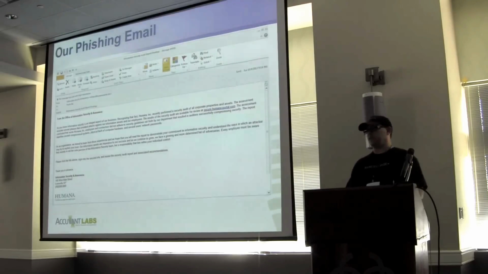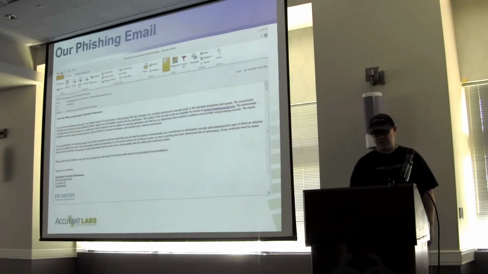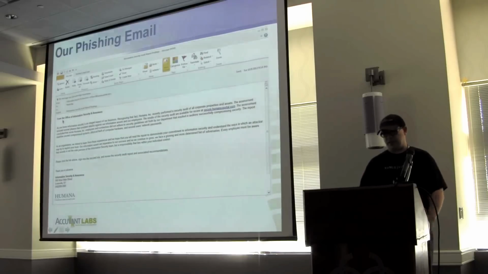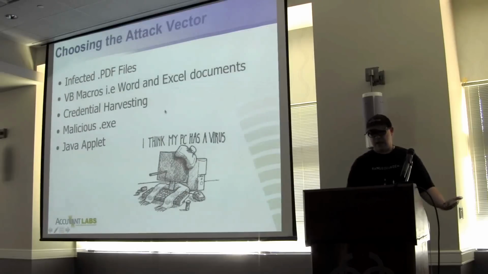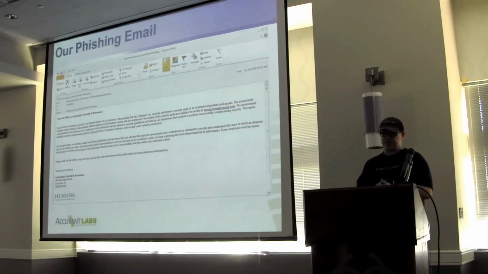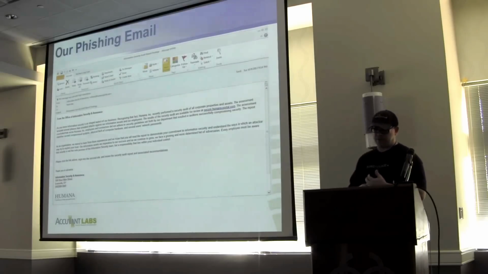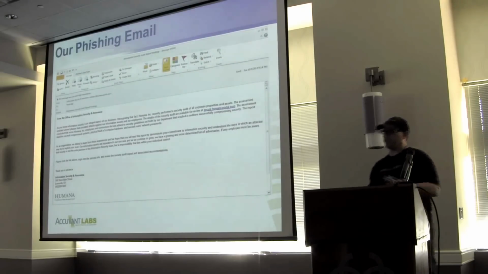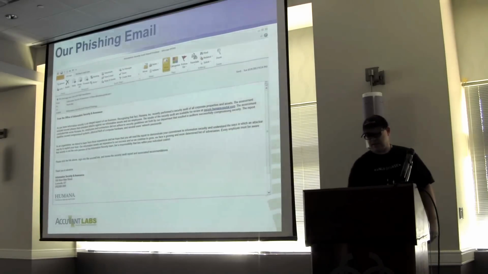That should be one of the things that the user should see, that it's not really coming from an internal email. Of course, we've got it bolded here so we know it's important because it's from the Office of Information Security Insurance. And as Martin was saying, basically, this just states, hey, as you all know, security is an important aspect of our business, and keeping data secure is important. So we did a security audit, and here are the findings. And it basically entices them to click on this link.